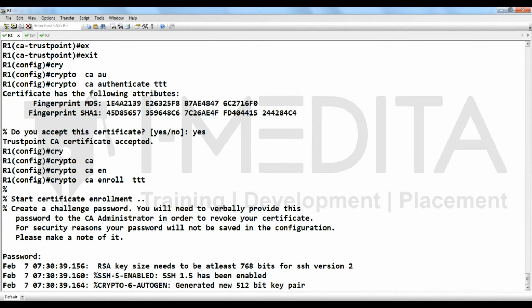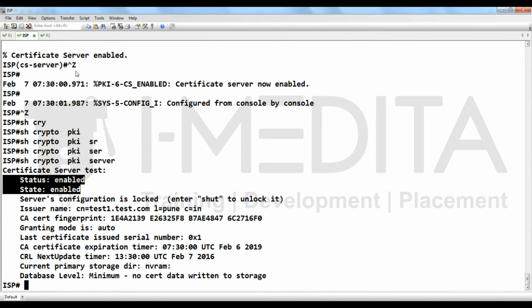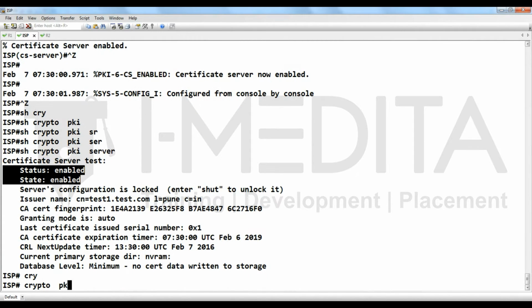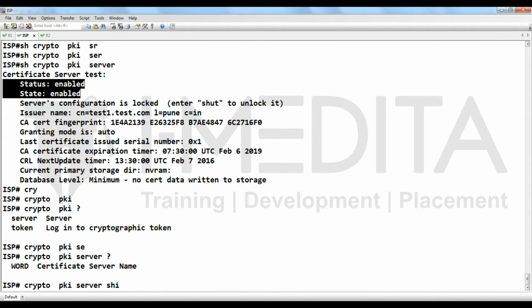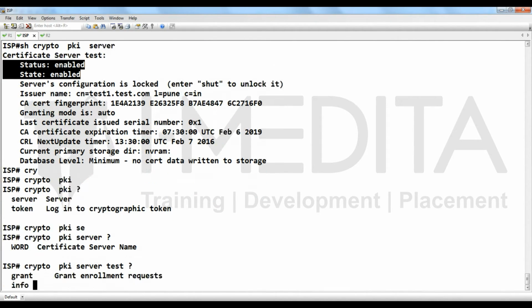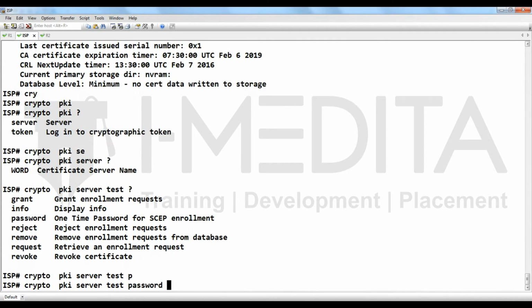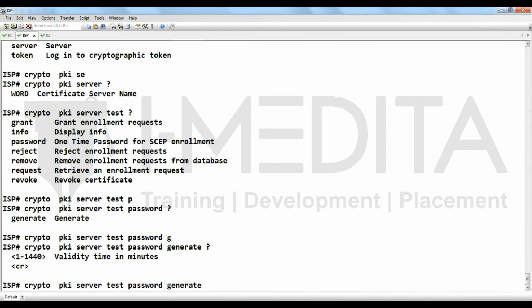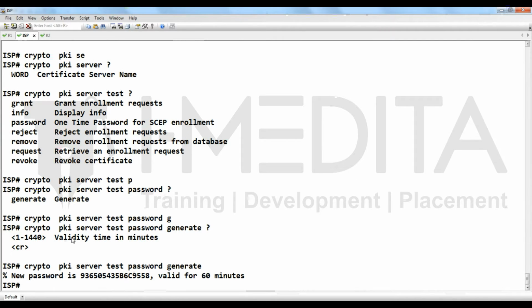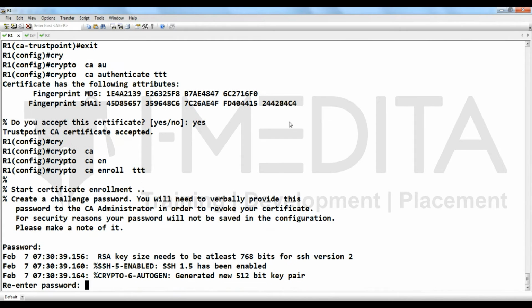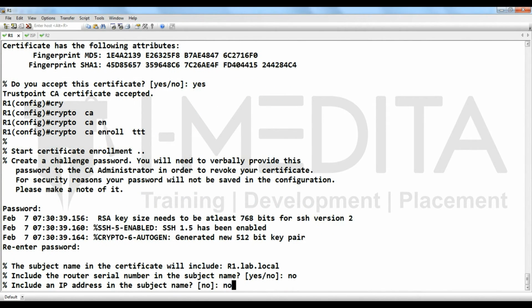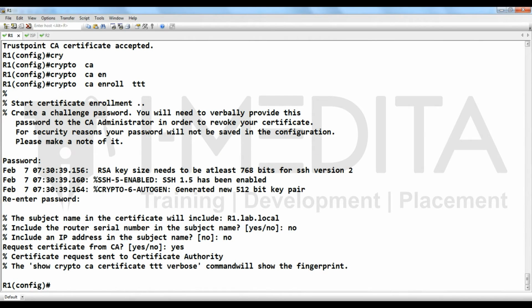You can go to ISP, crypto pki server test, then put the password, generate. Now you can see the password is here. Copy it and go to R1, right click, enter, right click, enter, no, no, yes.